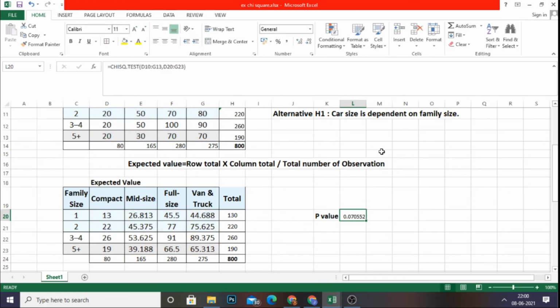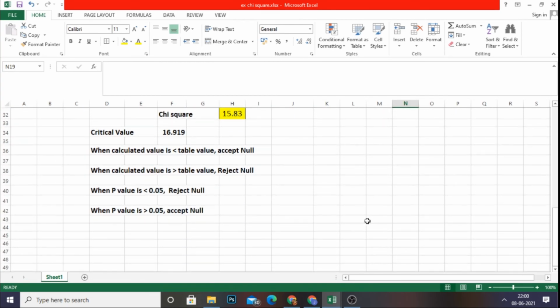The p-value is 0.07. With a simple step, we have calculated the p-value, right? The p-value is 0.071. Now the p-value is 0.07, right?